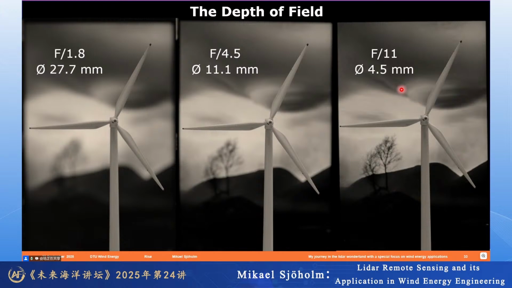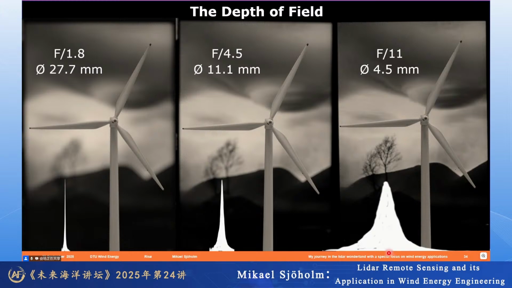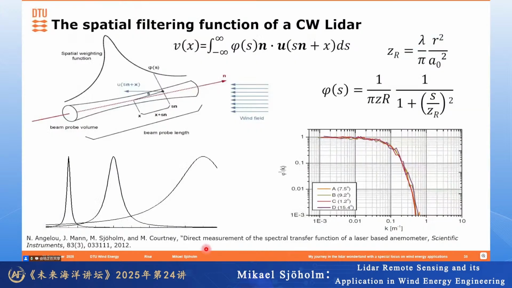So it means that the bigger opening you have, the more shallow depth of field you have. So you only see things very close to where you focus the beam. And that's the same thing when you are measuring wind. If you can focus very tightly, you reduce your measurement volume. And that can typically be illustrated by this kind of weighting function as a function of distance, where you focus it. If it's a certain distance away from this focusing point, it goes down